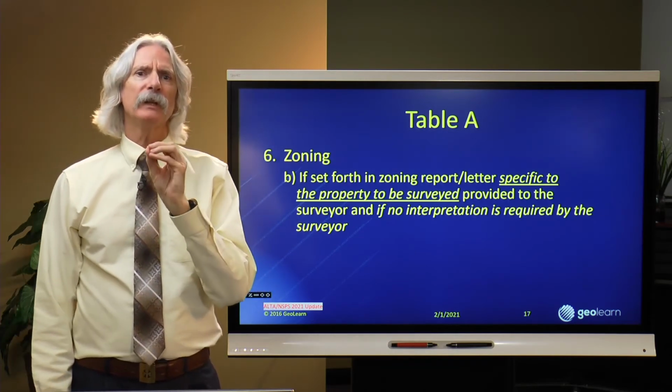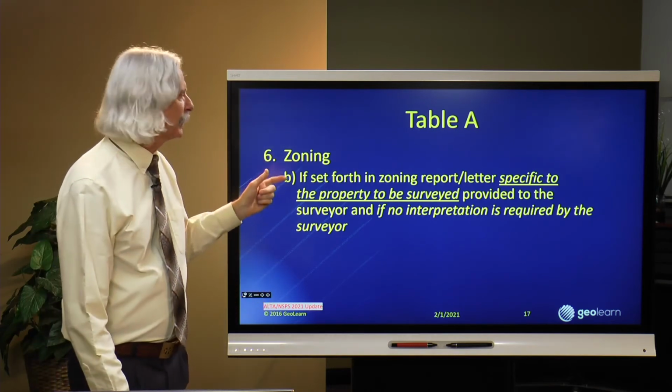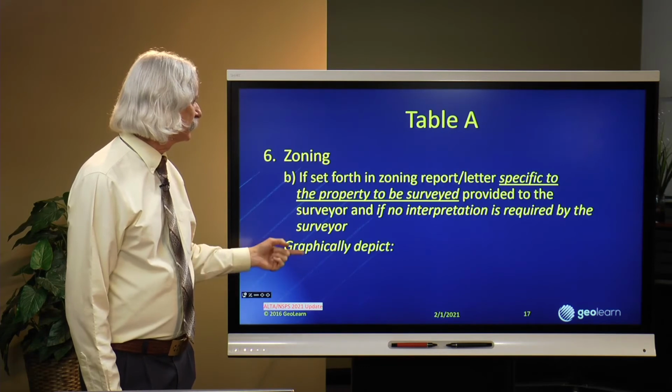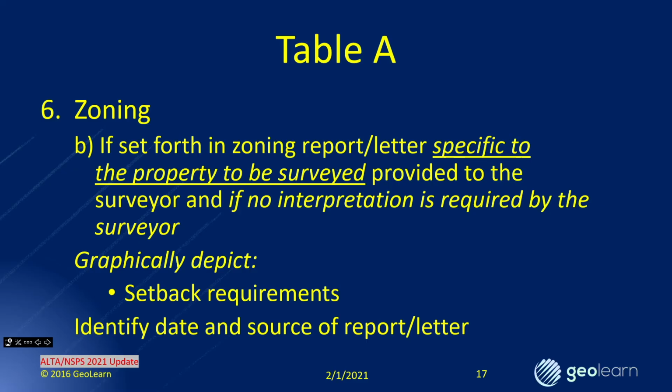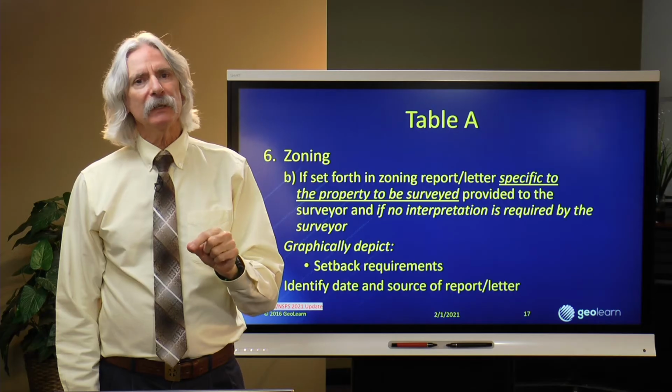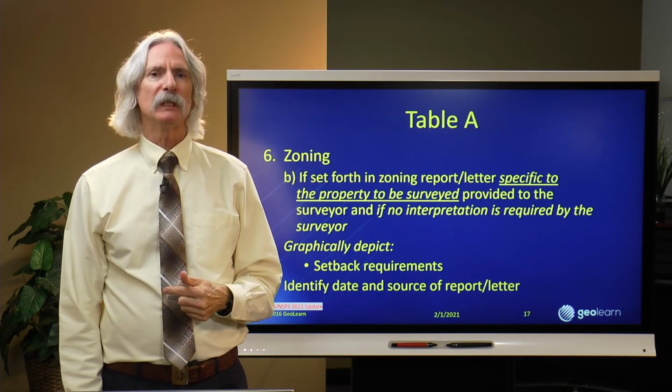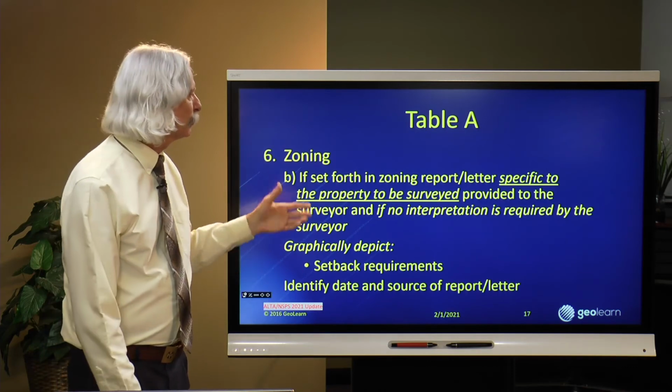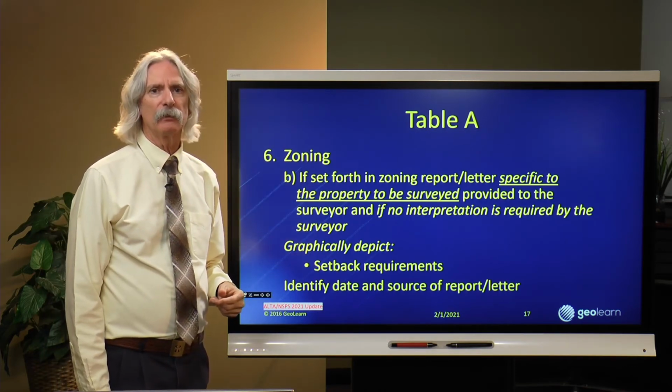Now, this item is when they want us to actually draw the setback line on the face of the survey, right? Graphically depict the setback requirements. So we're going to draw the setback line on there. Again, it's the same issue we addressed in section 6A. Rather than us having to interpret the ordinance, they're going to dump things in our lap. No, they need to provide us the zoning setback requirements that are specific to that property. And assuming that I do not have to interpret what those mean, then we will be able to draw those graphically on the face of the survey.